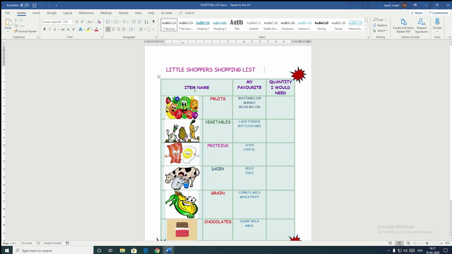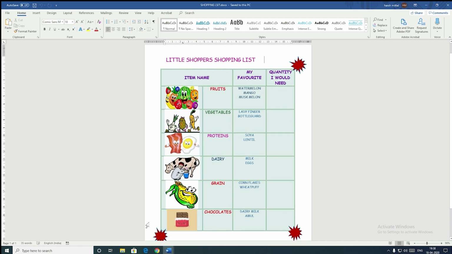So how many standing lines do we have here? 1, 2, 3 and 4. So it has 4 columns. And how many rows does it have? First row, second row, third row, fourth row, fifth row, sixth row, seventh row. So my table has 4 columns and 7 rows.